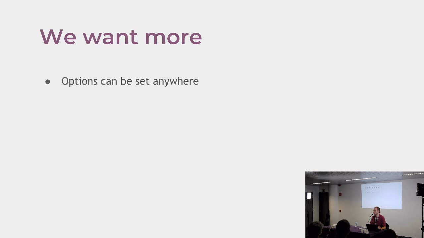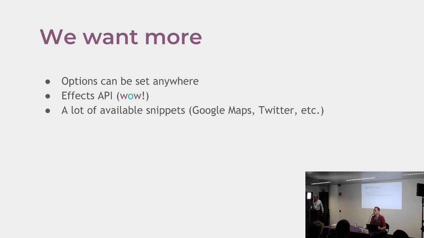It might be useful for the things that you want to develop, but we use it on our site. We have an effects API, which you may have seen in the video, with, for example, fade in, fade out, parallax, and stuff like this to put effects on the content of your snippets. And we have a lot of available snippets already in the website, and with each theme you install, you also have